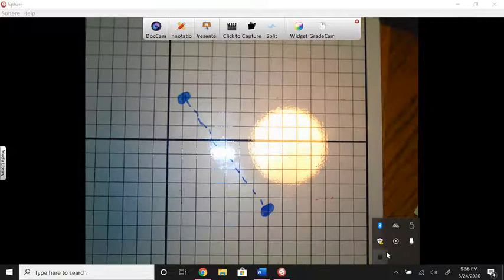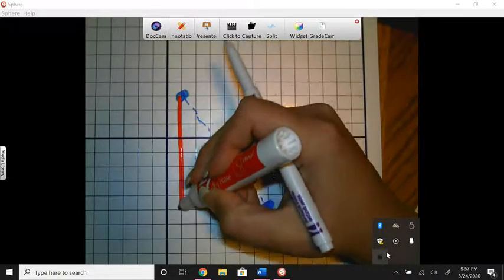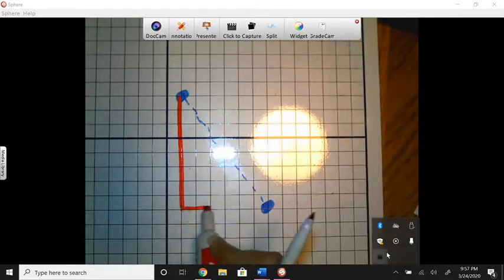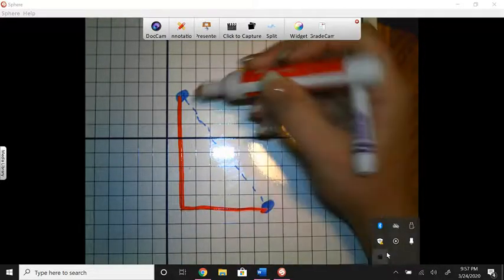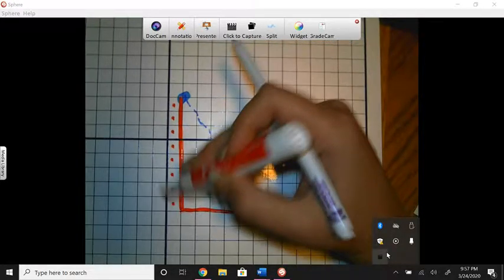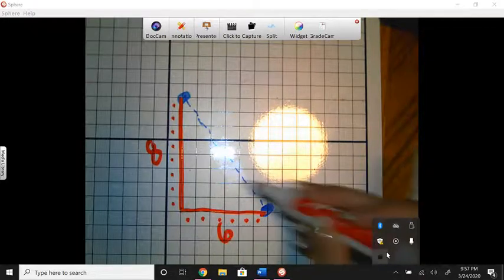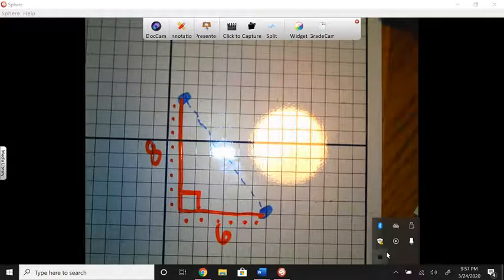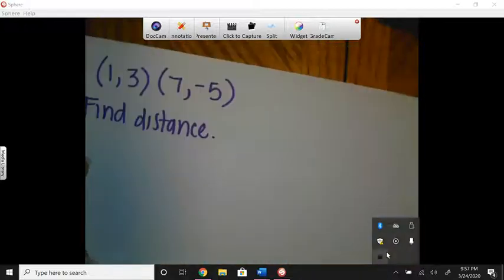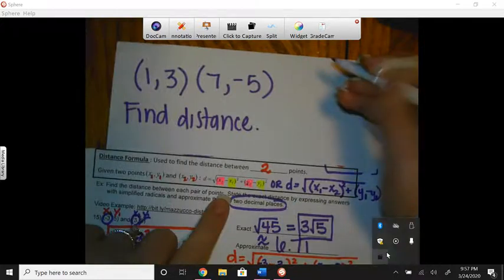So if I didn't have the distance formula, I could figure this out by dropping a vertical segment here and a horizontal here and counting the boxes 1, 2, 3, 4, 5, 6, 7, 8. And then 1, 2, 3, 4, 5, 6. And then I could use the Pythagorean theorem. Now, instead, we're learning about radicals right now in the distance formula. So instead, we're going to use this formula that we're given here. So to find the distance,